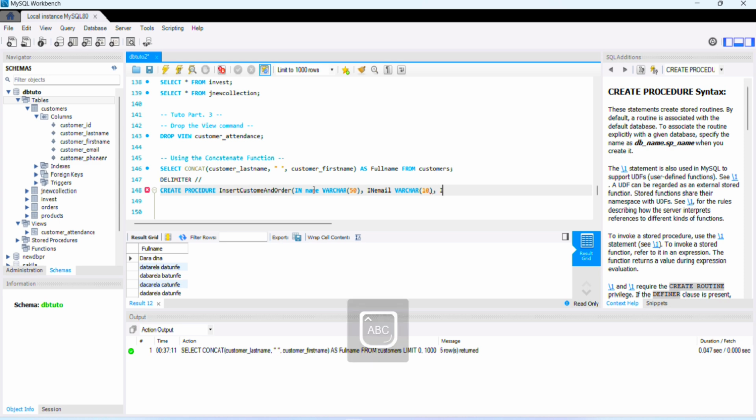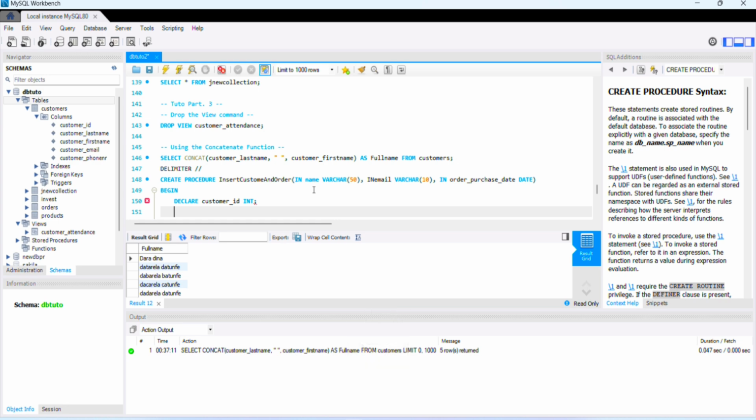and in order purchase date, and here we want DATE, and we close the parenthesis here, and here we have to begin something. BEGIN, and then we're going to get a DECLARE here, then customer ID. Here we want INT, semicolon, and then